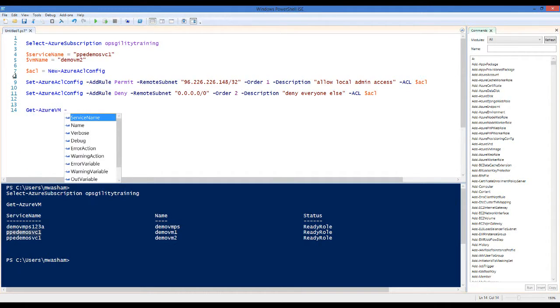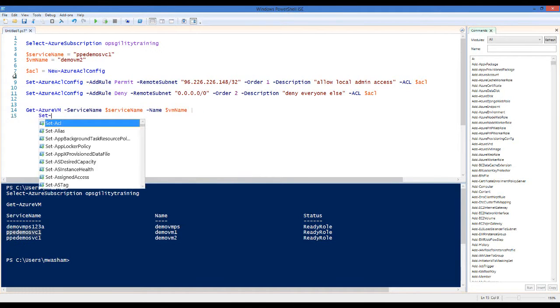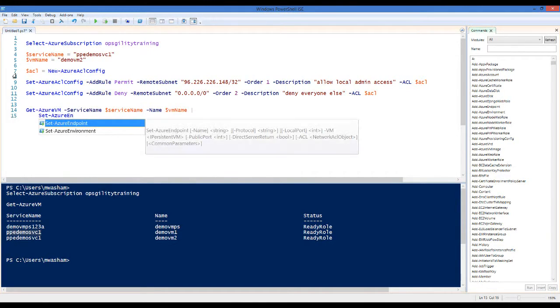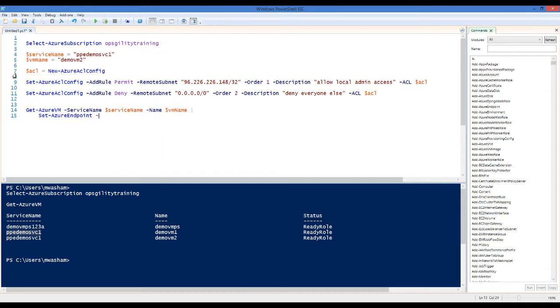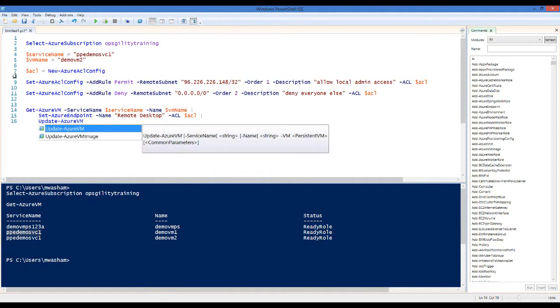Get-AzureVM, specify the service name, specify the virtual machine name, and this returns back a configuration object for the virtual machine. And part of that configuration is the endpoint configuration. So I can set the existing endpoint that I know about, called remote desktop, and I'm going to change just the ACL on it and pass that new access control list. So this modifies the configuration object from Get-AzureVM by appending the access control list to the remote desktop endpoint. And then I'm going to call Update-AzureVM to actually call the Windows Azure API to update this